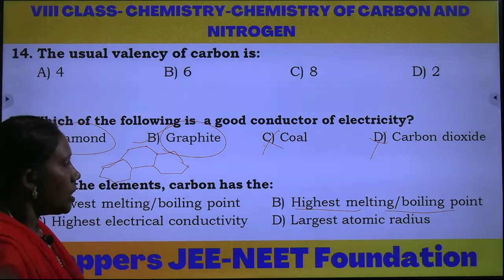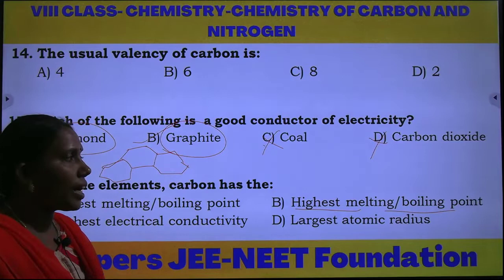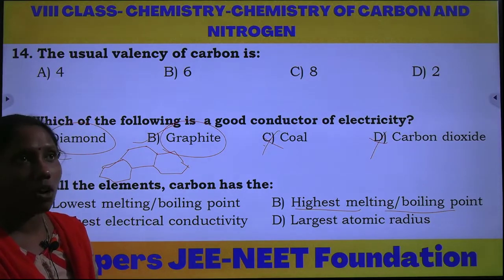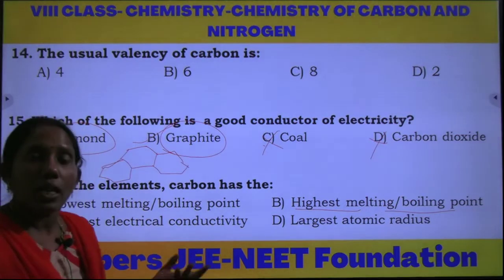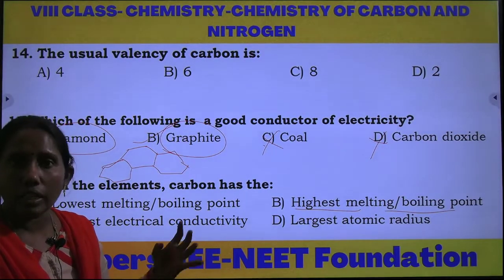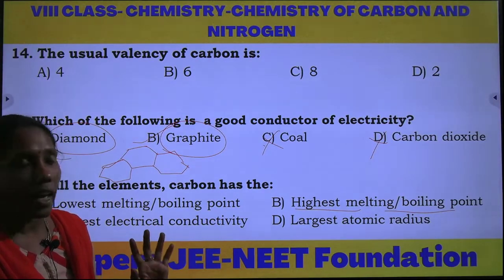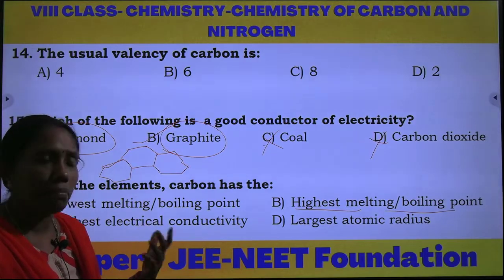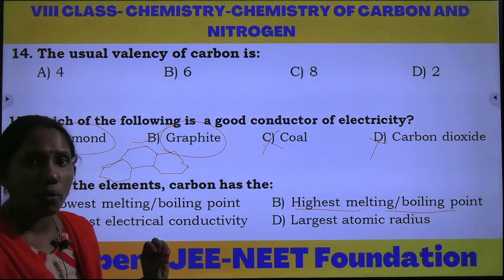See, why are we taking that carbon has the highest melting and boiling point? Carbon has the catenation property, carbon has allotropes, and carbon can form rings and it can form the longest chains, with nanotubes like that. So it has the highest melting and boiling points, and also it has the strongest covalent bond between the